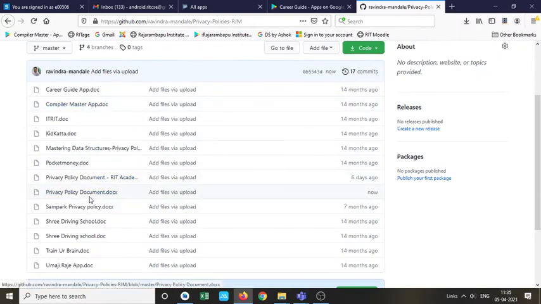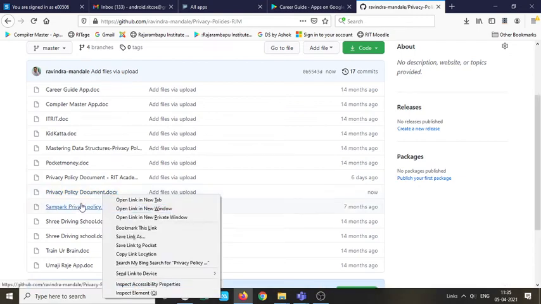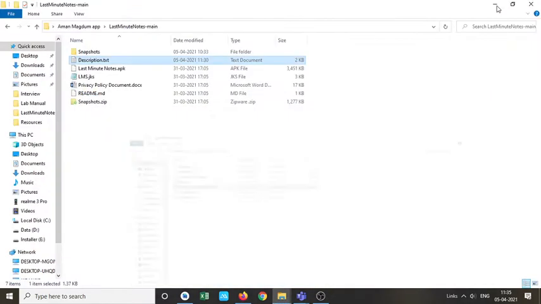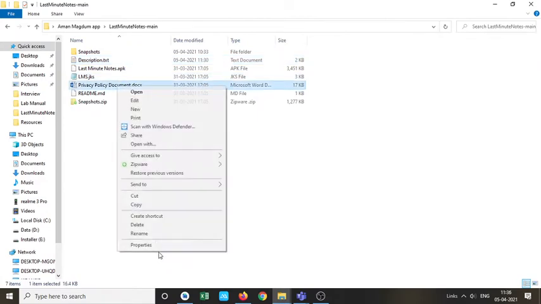So see, this privacy policy document, you can also rename this. What I will do, I will just rename this so that I can understand.